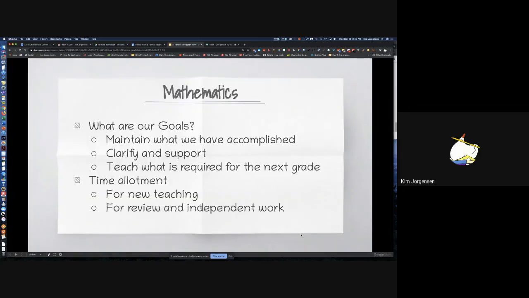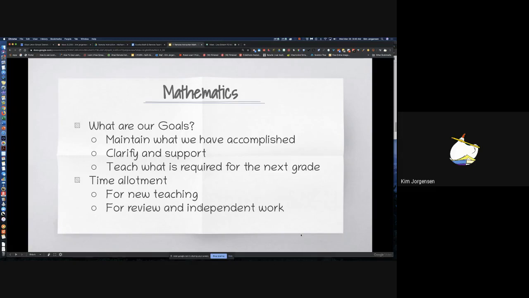And now for math. So what are our goals for math while our students are out of our classroom? We want to maintain what we have already accomplished. We have accomplished so much more this year than we have in the years before, and we don't want that to slip away. For our students, it's like school has ended only 2/3 of the way through. So we have all these little premature babies at this point, and we're going to need to strengthen them so that they can survive until next year when they're going to be starting another grade. That's the most important goal. We need to not lose what we have already got.